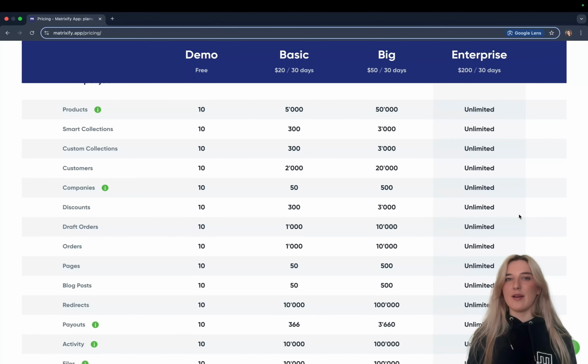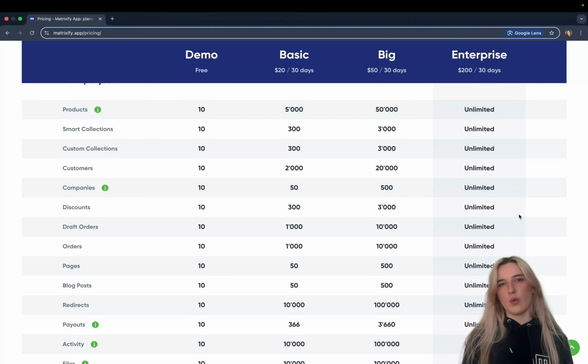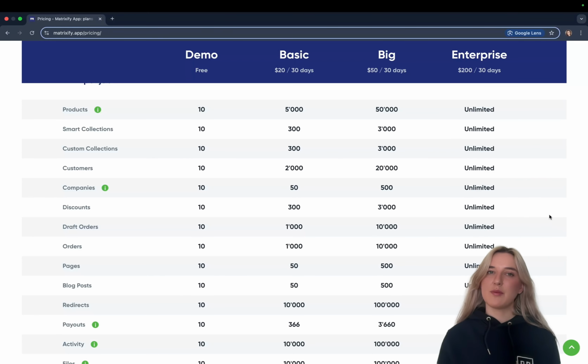Scrolling down on our pricing page, you'll be able to see all of the different limitations for each of our plans. So again, demo, basic, big, and enterprise. I will touch upon certain entities in a minute, just so you get a grasp of what can actually be exported and imported with the Matrixify app and give you a better idea of what the Matrixify app is able to do. As you can see, Matrixify is able to export products, custom collections, smart collections, customers, and